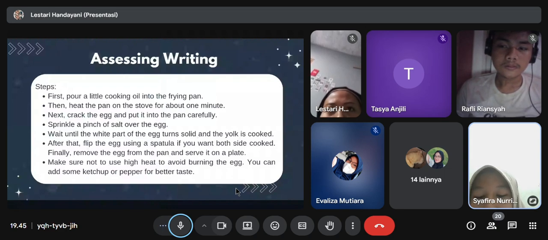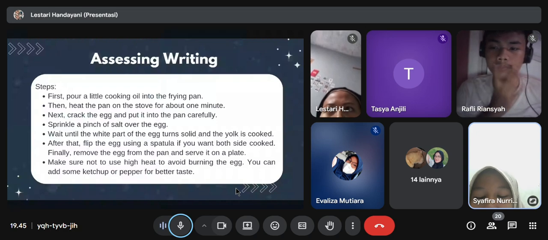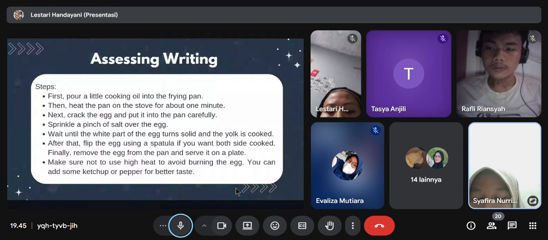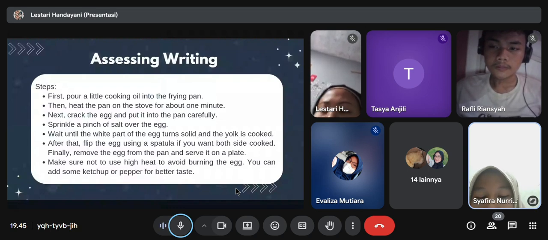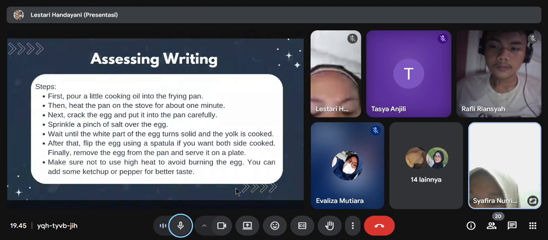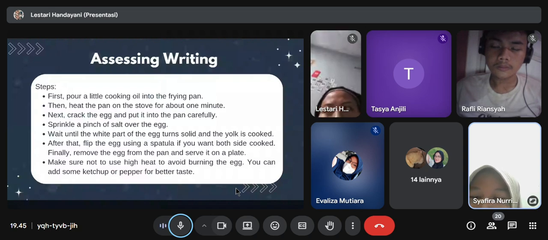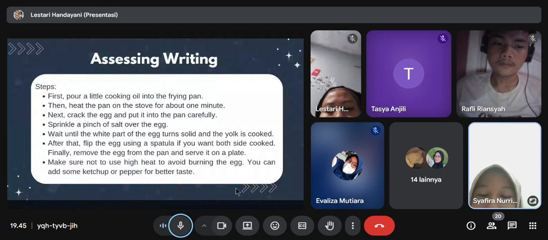And overall, the grammar and tenses are accurate, even though there is one small error in the use of the plural form in this sentence: flip the egg using a spatula if you want both sides cooked. It should be both sides cooked, not both sides.